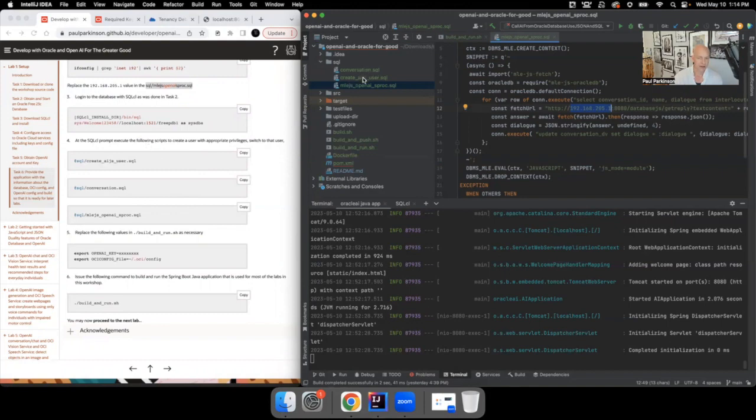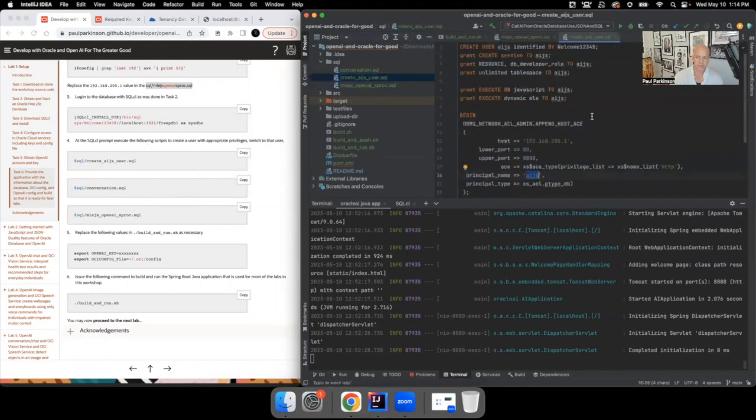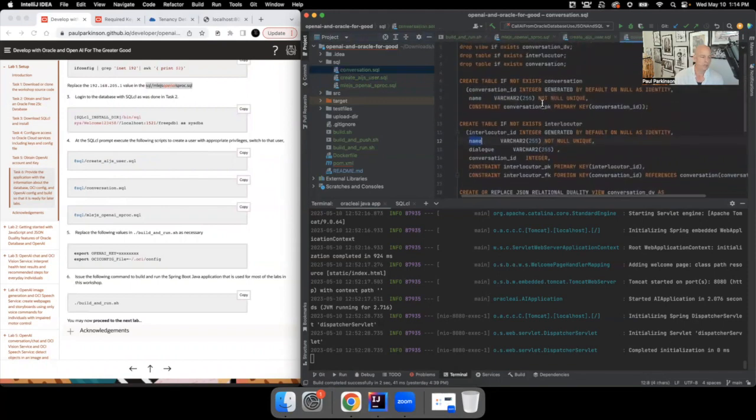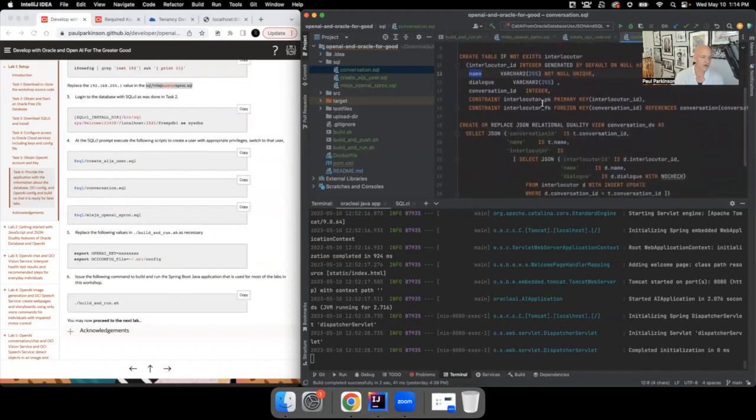And that is to create the user, to create the conversation table. So we're creating a user with some special privileges and the ability to call out to the outside world. So we're providing an ACL here. And then the next thing we're doing is calling the conversation SQL. So that is creating tables to show a feature that I'll talk about more in just a moment when I show the application for JSON duality,